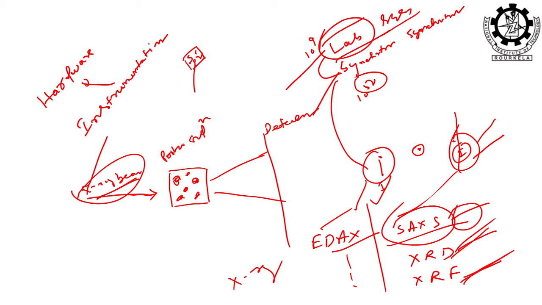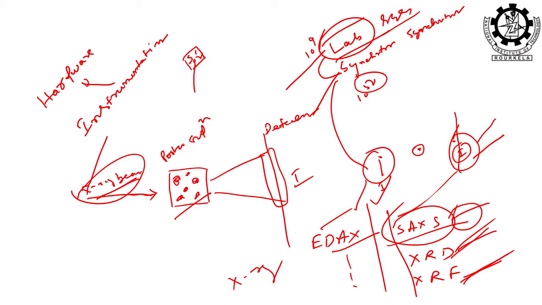Now the question is, when you are telling it is an X-ray beam, it comes to the sample, then your detector, where you get the intensity, right. The scattered or diffracted intensity, whatever it may be, is detected here. It is the general case for any experiment, scattering, diffraction, fluorescence, whatever it may be. There should be a beam, a sample and a detector. But depending on the purpose, these are different techniques.